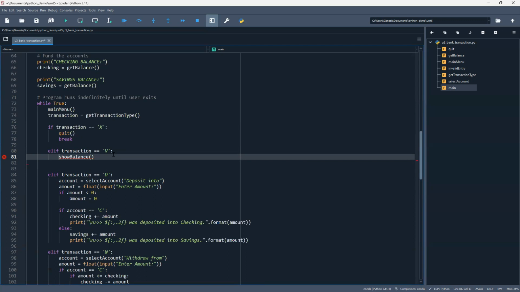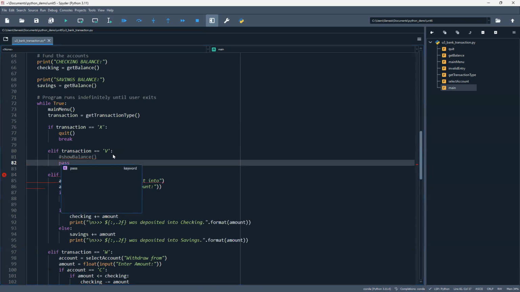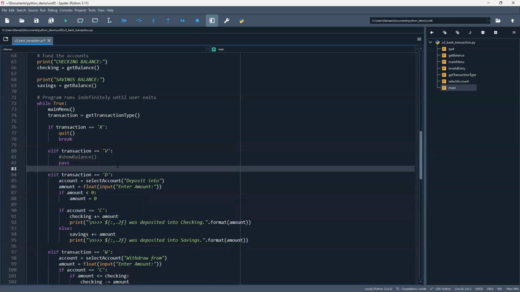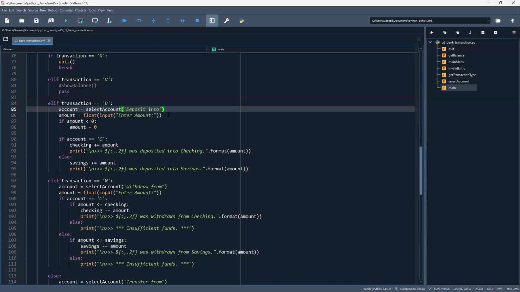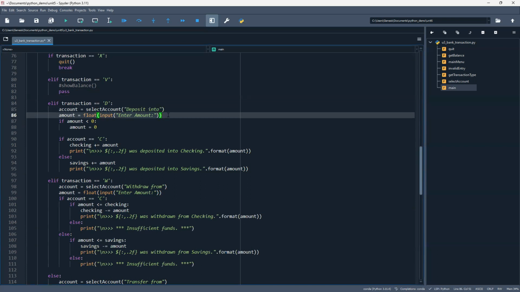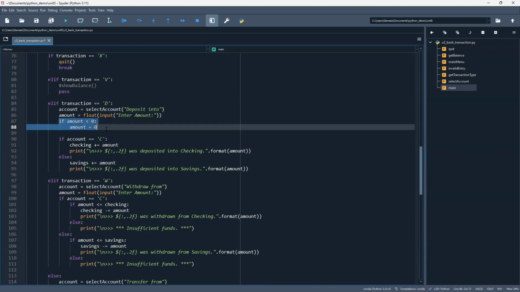Okay, come back to it later. I'll put a pass for now. Okay, I'll come back to do it later. So the deposit. So we got that account. Deposit, you enter the amount. And then we check, okay, if amount is 0. Yeah, this one here, we can leave it as is, or